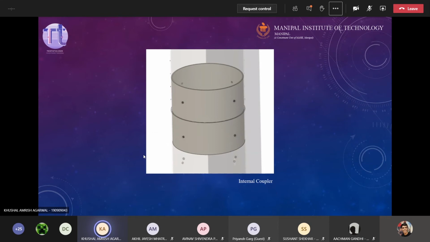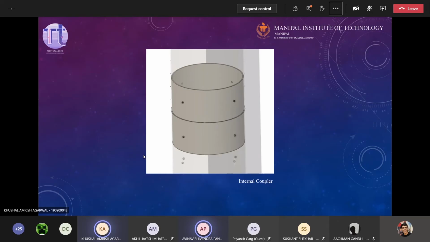Now the advantage of these two types of coupling is that they are very lightweight, because they use the same material as the fuselage, and since we'll be using fiberglass here, it is very lightweight and efficient. The third type of coupling that I mentioned is bulkhead coupling. Now you know how internal and external coupling works, right? So any idea on how bulkhead coupling will work? As the name suggests, we'll be using a bulkhead in this. So any ideas on that?